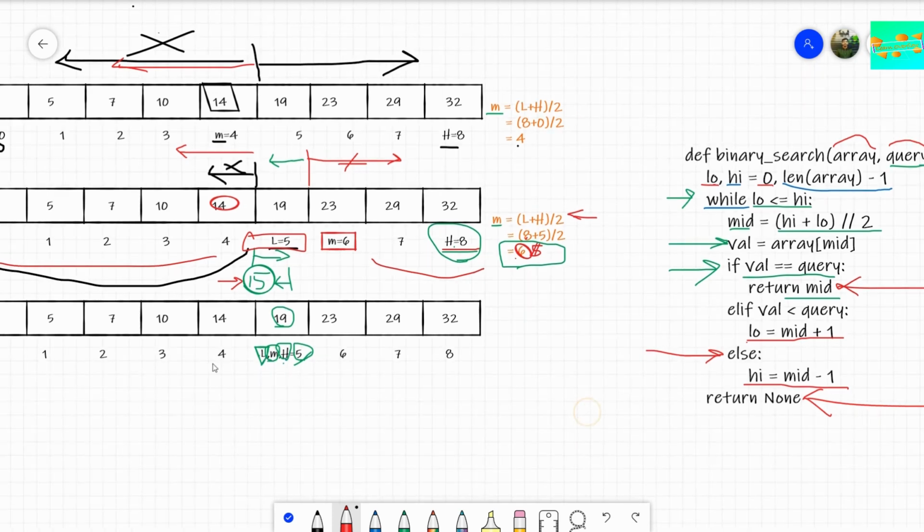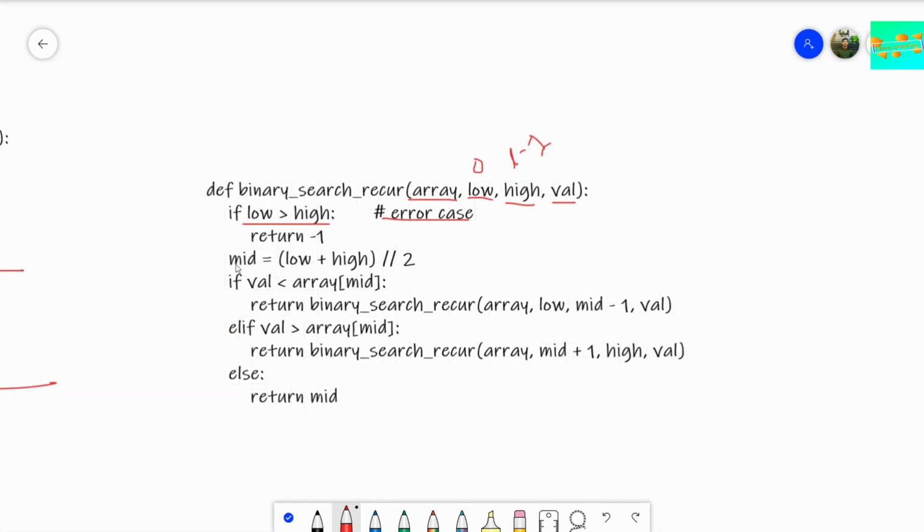So in that case, low was greater than high. If low was greater than high, we'll return minus 1, pointing that hey, we didn't find the item we are searching for.